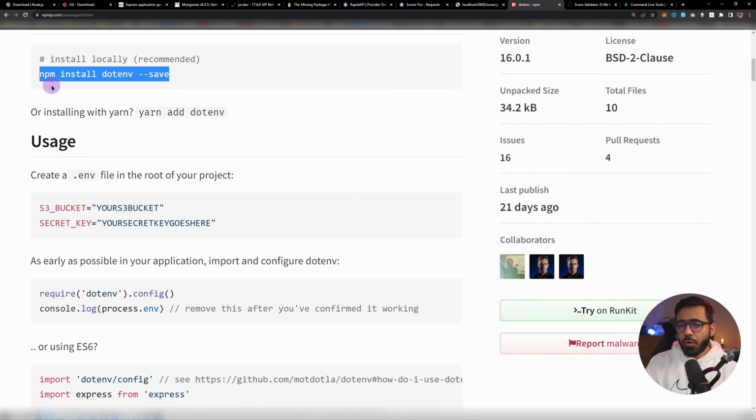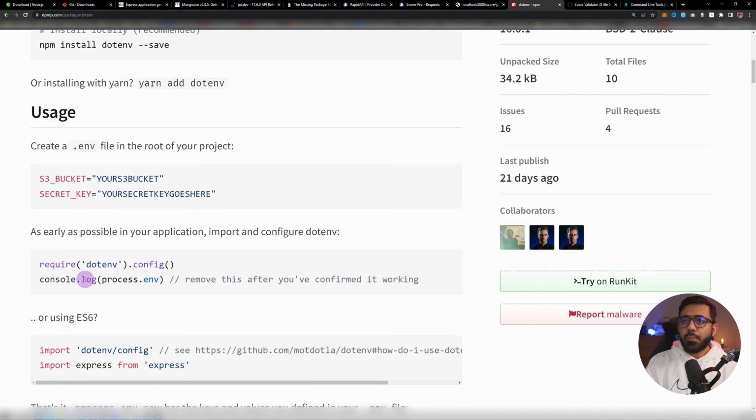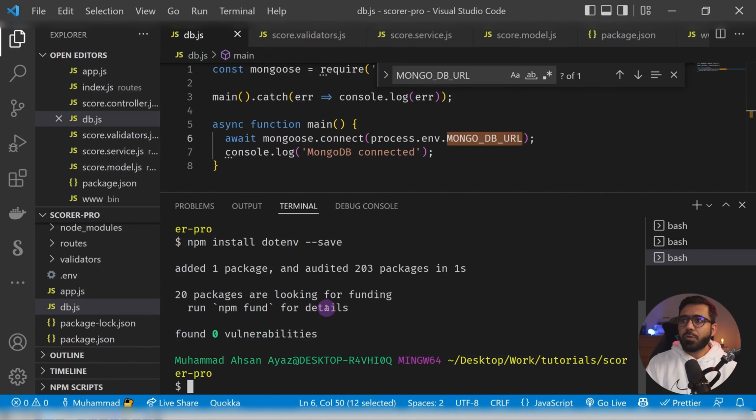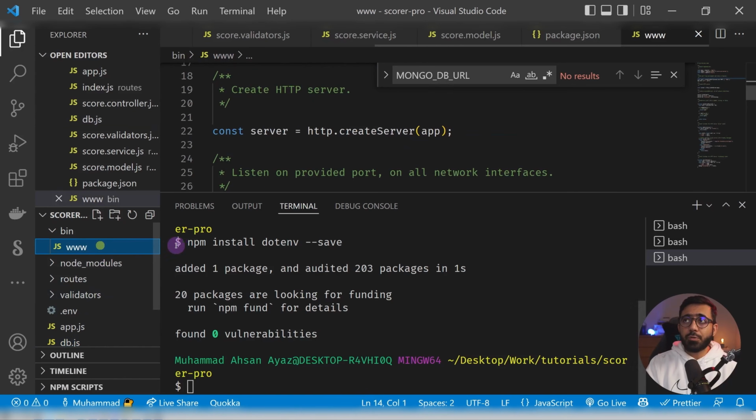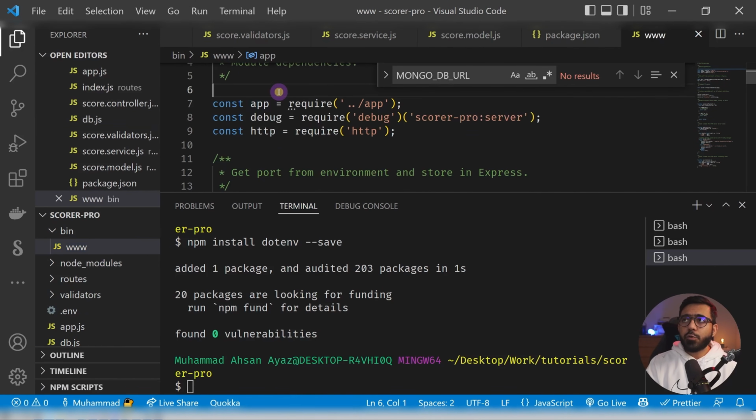After this is installed, you can see in the instructions that we need to create the env file, which we already did, and define our variables. Then as soon as possible, we need to require this into our file, and that is what we are going to do. So we are going to just copy this, go back to our code, and you know that the starting point of our application is this www. So at the very top, even before this app, we can do require dotenv config, and this would essentially make sure that